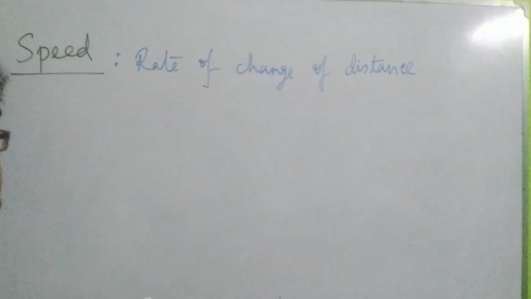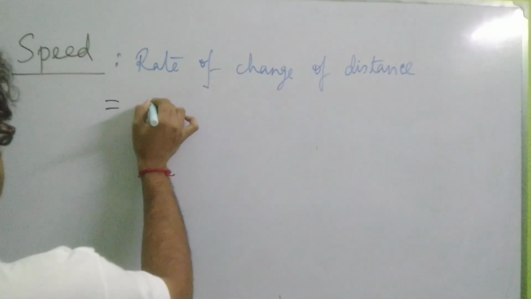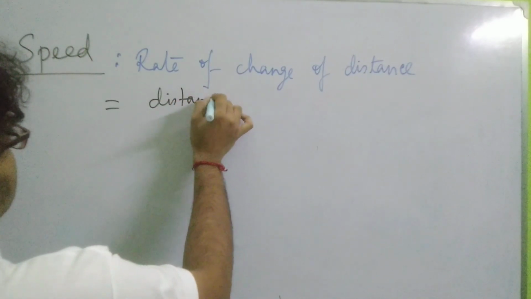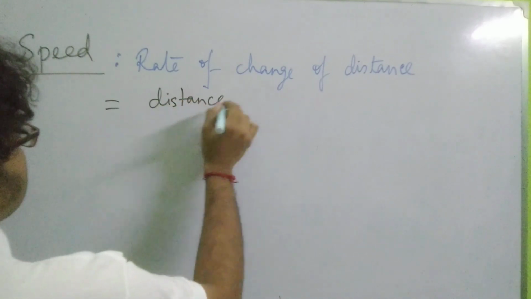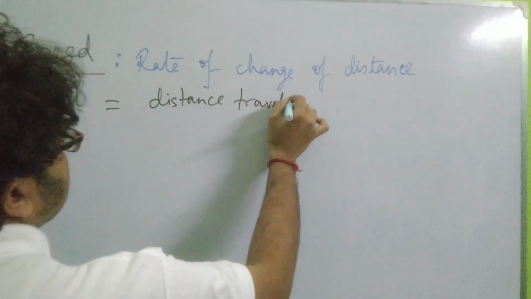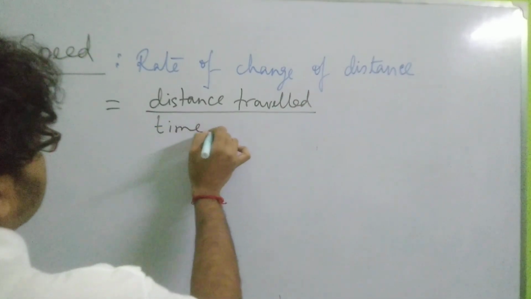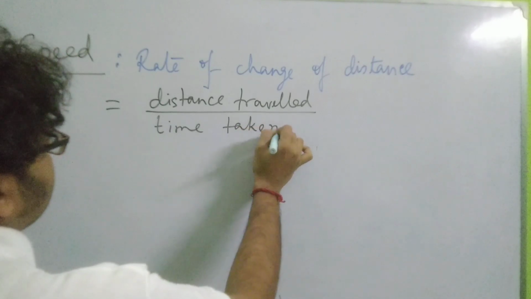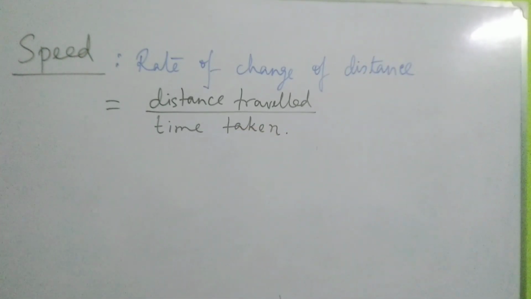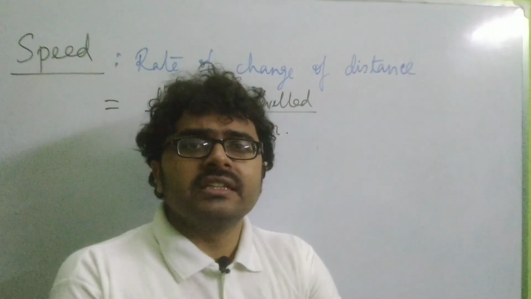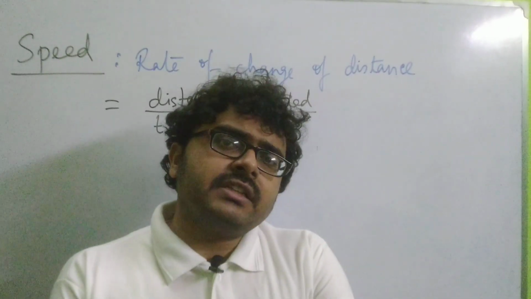So I can definitely write the formula as distance traveled by time taken. Distance traveled by time taken. Okay, so this is the formula for speed, right? So I think the concept is clear. Okay, now as we have already learned distance,